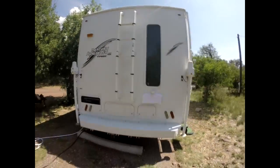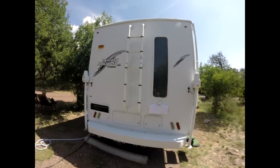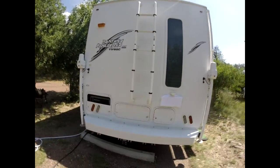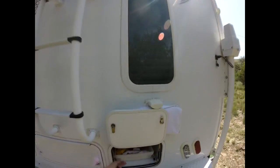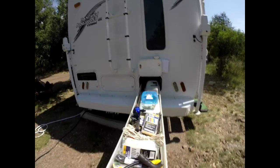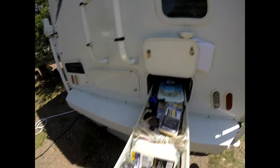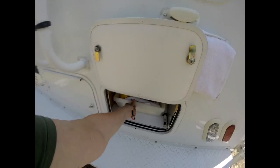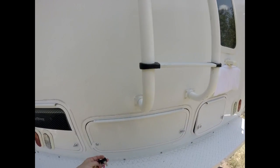This is the back. It's got a window, full-length window out the back, ladder up to the top. And one of the nice things about this is the storage that I have. This is my basement, and it pulls out pretty long, so keep your fishing rods and odds and ends. And then the other storage I have,